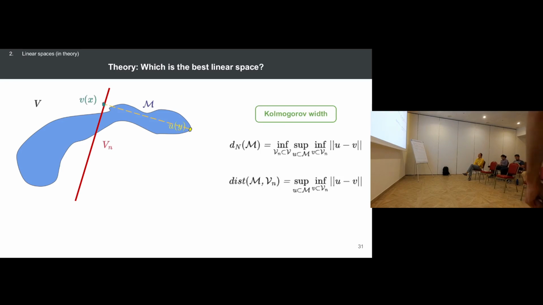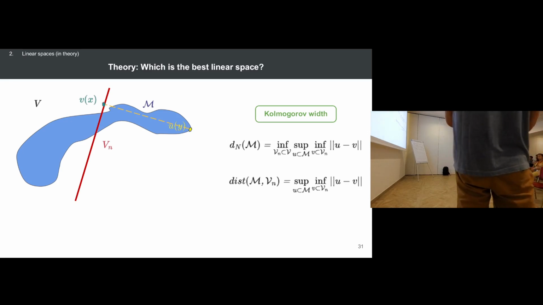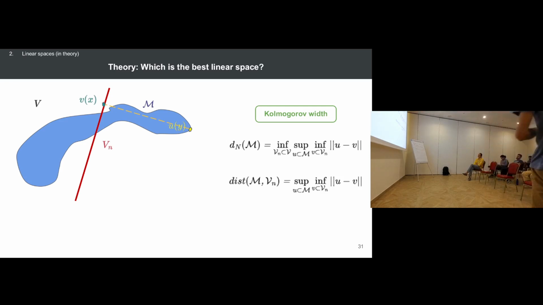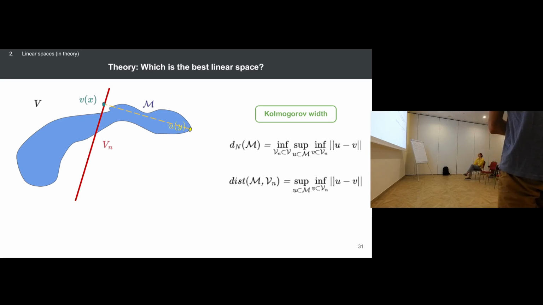So, from a theory point of view, there is a concept called model width. Basically, we have our linear space, and we want to measure the distance between our manifold and this space. So we choose U, an element in the manifold, and V, an element in the linear space,